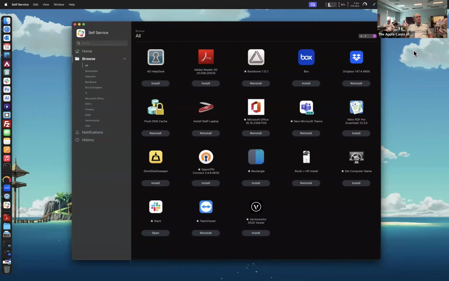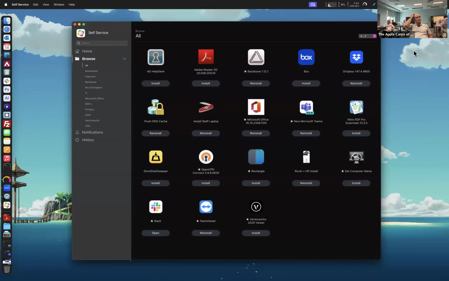So what a person in the office sees in Self Service might be different from what a graphics user sees in Self Service. So what I mean by that is, in this situation, since this is an office Mac, I have it here